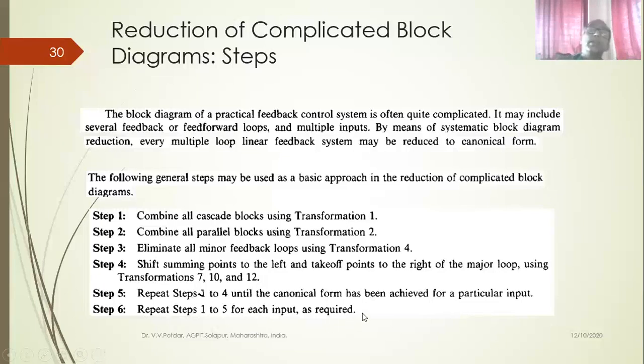Now, till now, whatever systems we have seen were single input and single output systems. In actual real life control systems, I might have multiple inputs and single output, or multiple inputs and multiple outputs. Multiple input, multiple output systems are called MIMO systems, M-I-M-O. A single input, single output system is called a SISO system, S-I-S-O. Multiple input, single output is MISO.